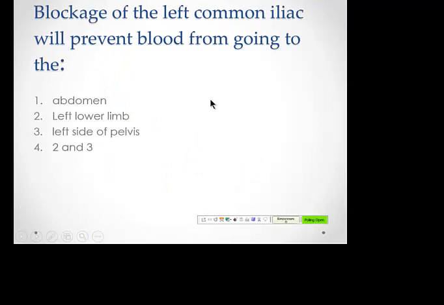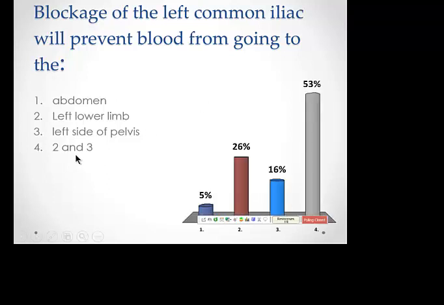So suppose you got a question like this, knowing the blood supply. Suppose there was a blockage of the left common iliac artery. This will prevent blood from going to... left common iliac artery. I should have written artery up there. Two and three, it's both left lower limb and left side of pelvis, because remember the aorta gave off common